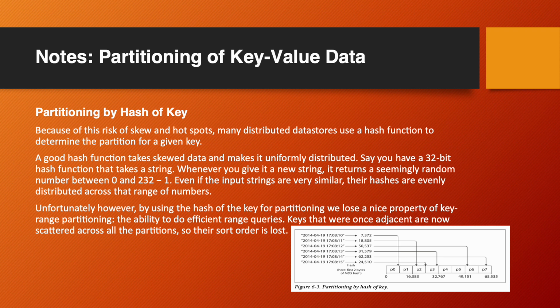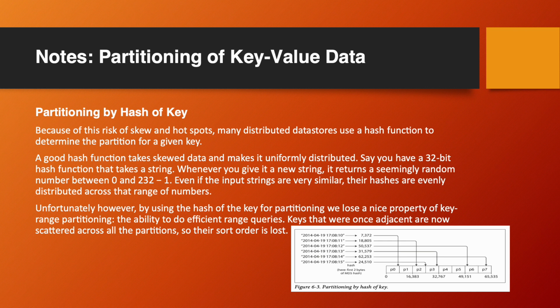So continuing on the partitioning of key value data, partitioning by hash of key. So this is another strategy. Because of the risk of skew and hotspots, many distributed data stores use a hash function to determine the partition of a given key. A good hash function takes skewed data and makes it uniformly distributed. Say you have a 32-bit hash function that takes a string. Whenever you give it a new string, it returns a seemingly random number between 0 and 2 to the power of 32 minus 1. Even if the input strings are very similar, their hashes are evenly distributed across a range